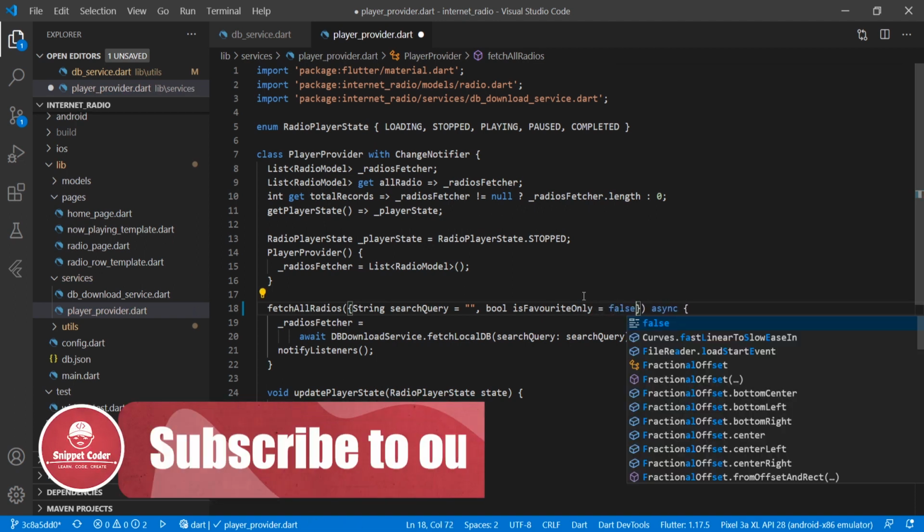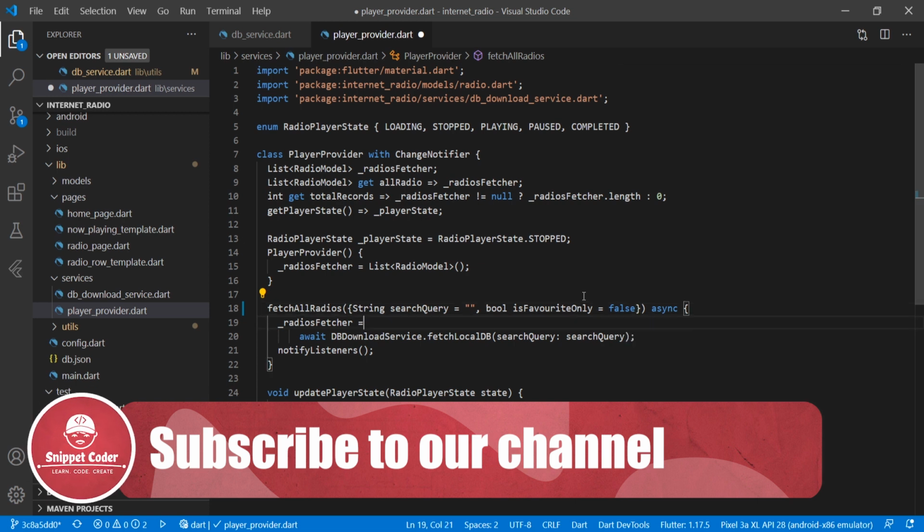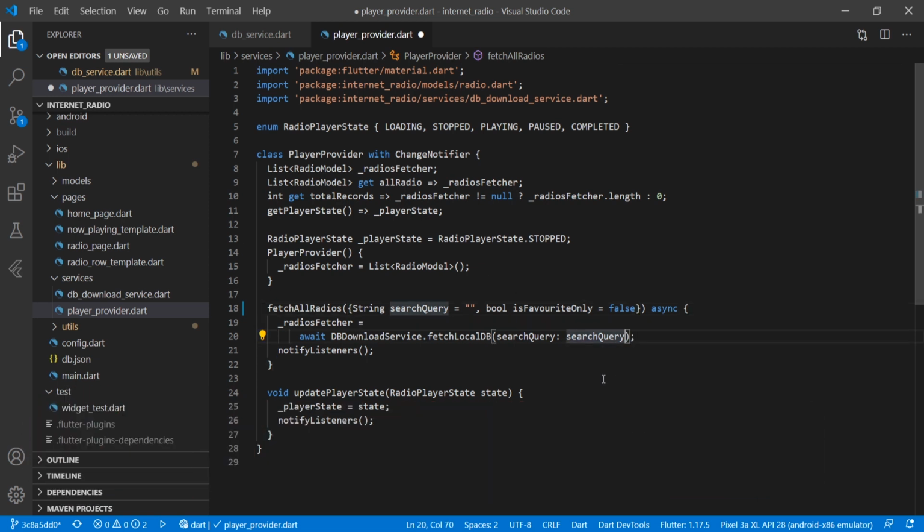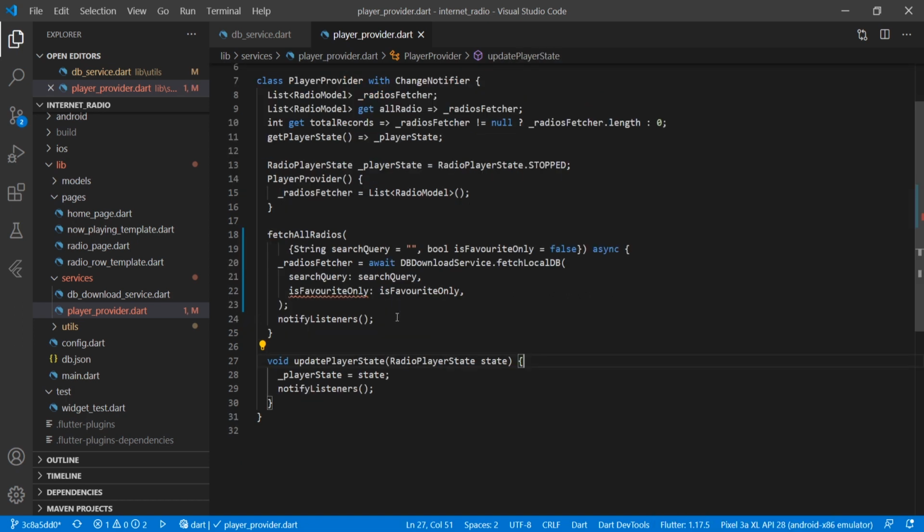We are initializing it with false, and here also we will pass it. We will later also update our DB download service method, that is fetch local DB.